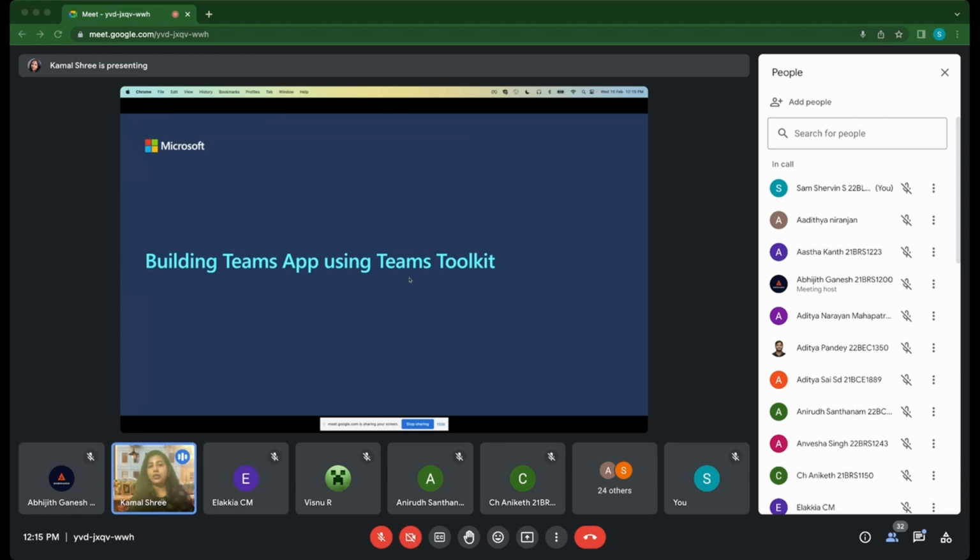So now what are the ways to build it? If it's an Android, I know it's an Android app that I can develop. If it's iOS, you have an iOS app. But when it comes to Microsoft Teams, what are the apps that I'm going to build? So today I'll tell you what are the types of apps you can build, how to build it, and how you can be a part of it. So that's what today's session is all about.